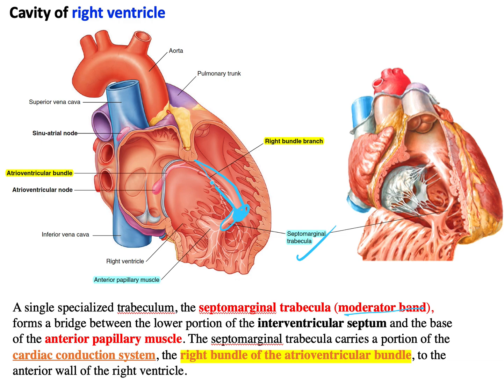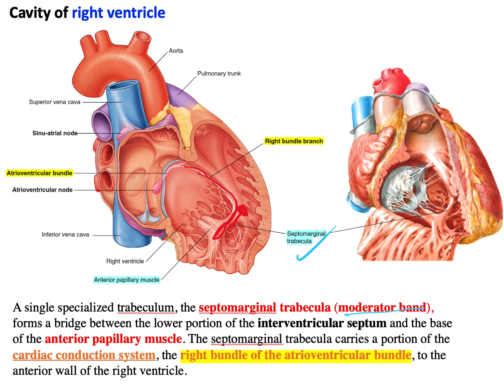This is the lower border of the interventricular septum between the two ventricles, and the base of the papillary muscles. So it carries, look at the fibers, a kind of cardiac conduction system, nerve fibers like that pass through it to the wall of the